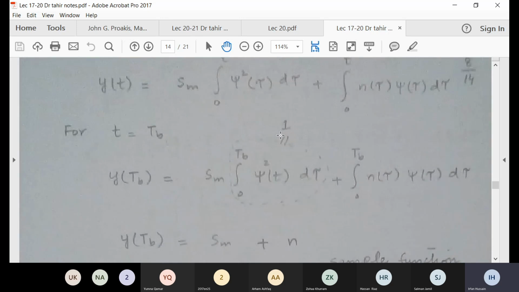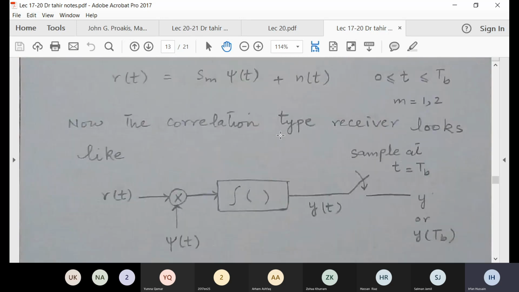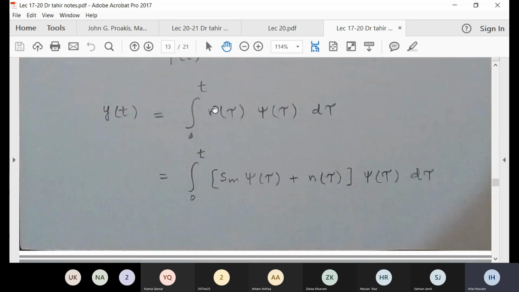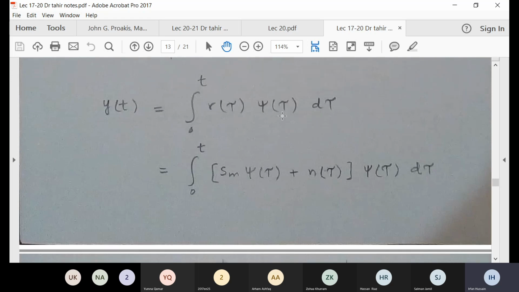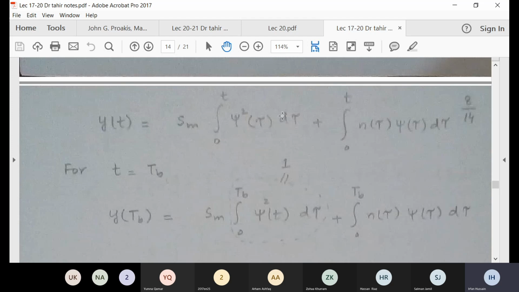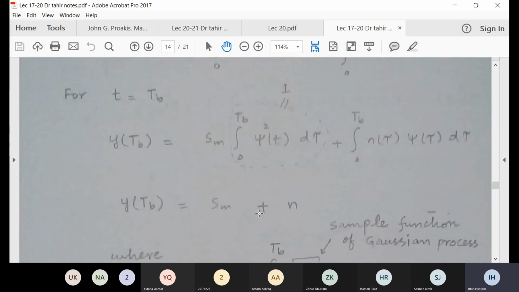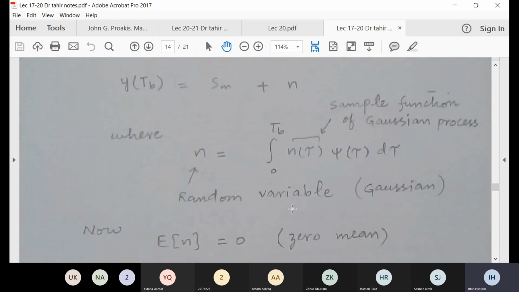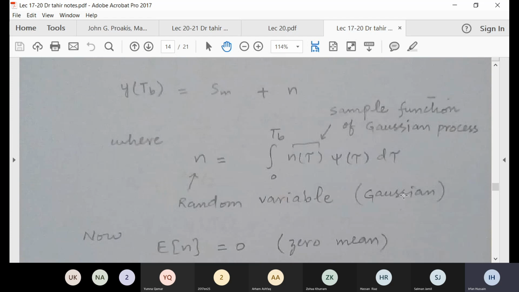So if you can remember, when we were studying this correlator, we said, all right, this will be the received signal, it will be multiplied with the basis function, and this will be sigma squared, this comes out to be 1, and this was noise with the orthogonal function from 0 to Tb. This will give you some number which will be n, and there I said that n will be a Gaussian random variable, and here you can see that because n was actually a white noise process, its sample will give you a